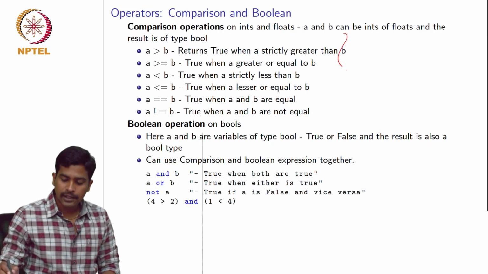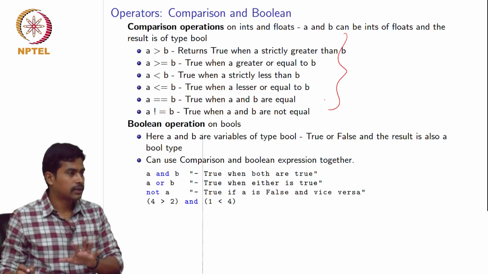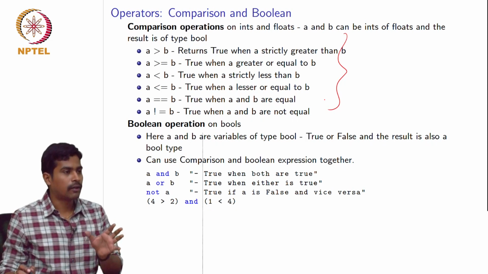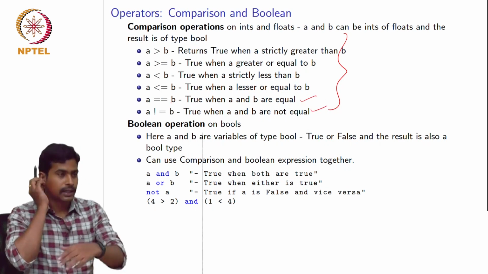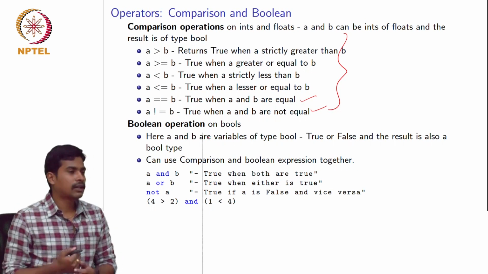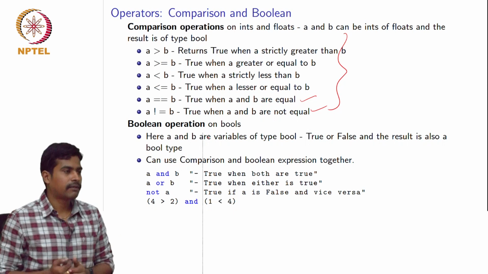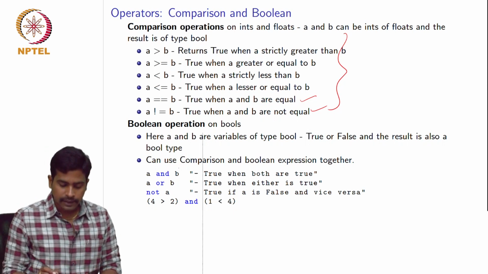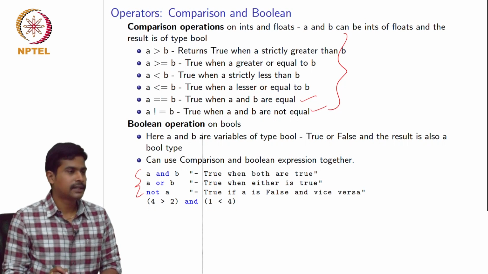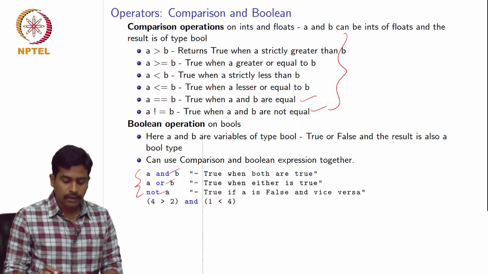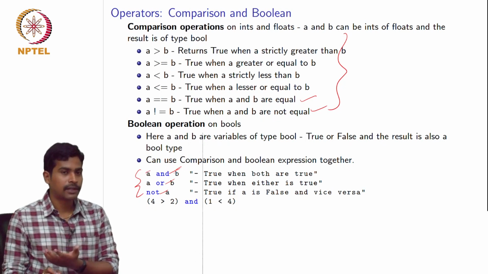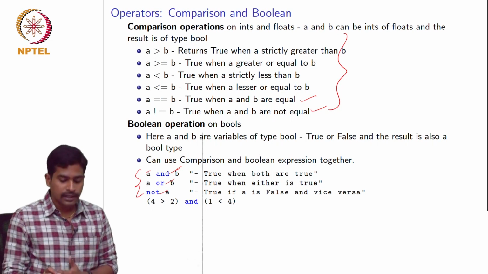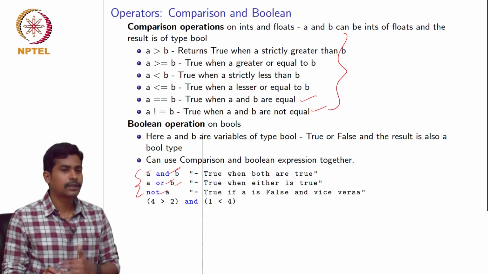And we have seen comparison operations can be performed on integers or floats. You cannot compare true or false with each other. We can compare using equals to, but not greater than and less than. Now we will see what are the different kinds of operations that we can use on Boolean type of variables. These are the 3 allowed Boolean operations in Python, which are AND, OR and NOT. We all know what is an AND. If both A and B are true, then only the result of the operation will be true. In other cases, it's going to be false. Similarly for A or B, it is only false when both are false, and in all the other 3 cases, it's going to be true.